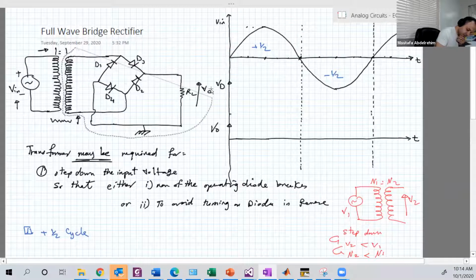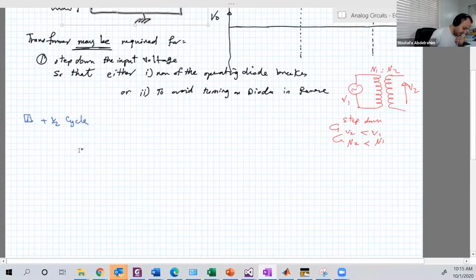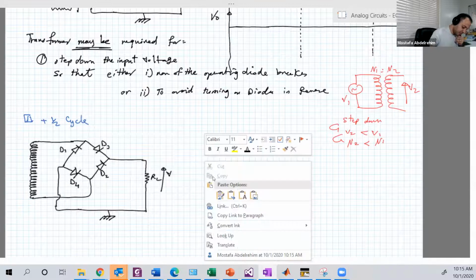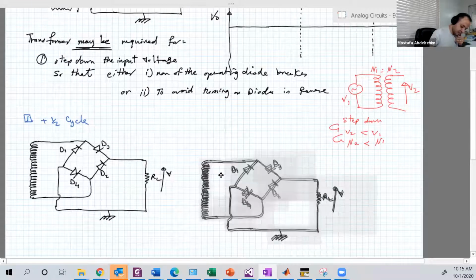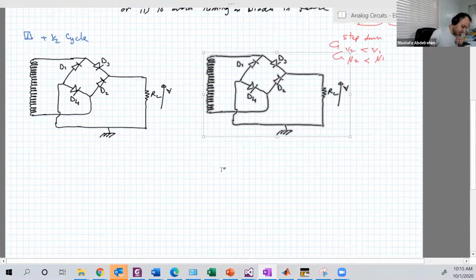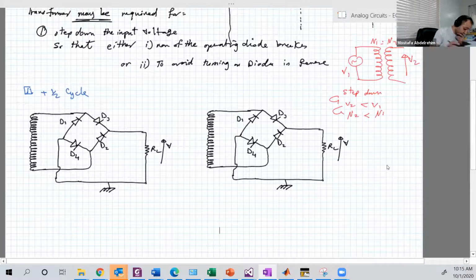So this is very nice. Copy, paste. Yes. Paste again. Okay, that's enough for now. Okay, so in the positive half cycle, you will have